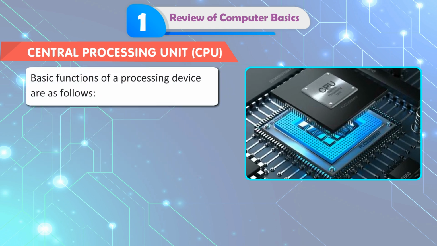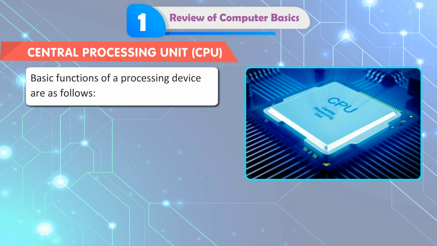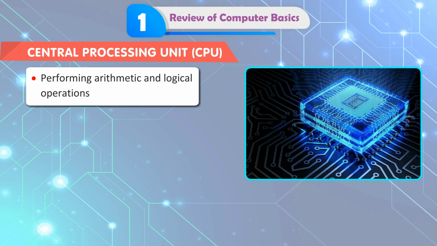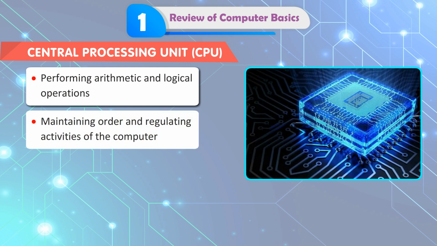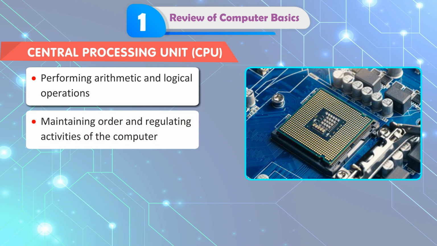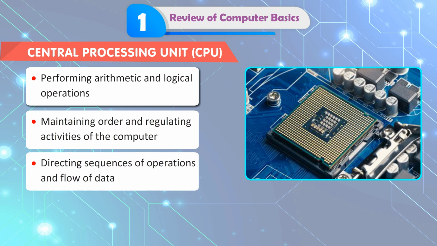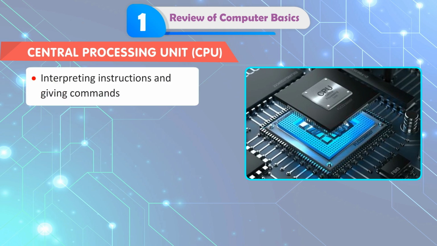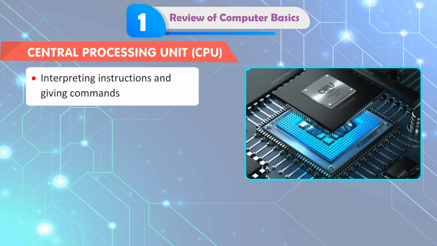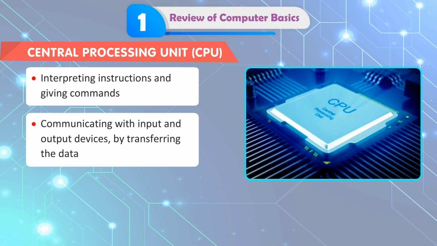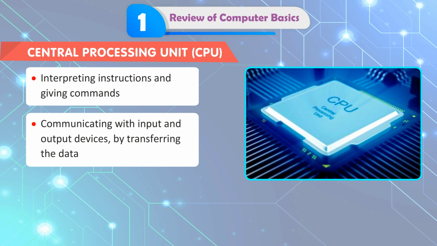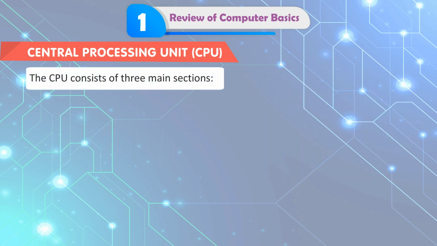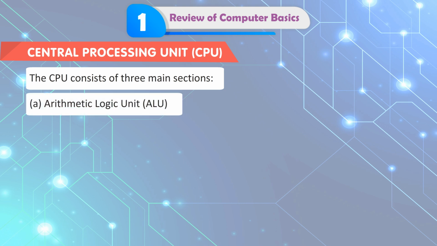Basic functions of a processing device are as follows: performing arithmetic and logical operations, maintaining order and regulating activities of the computer, directing sequences of operations and flow of data, interpreting instructions and giving commands, communicating with input and output devices by transferring the data. The CPU consists of three main sections: